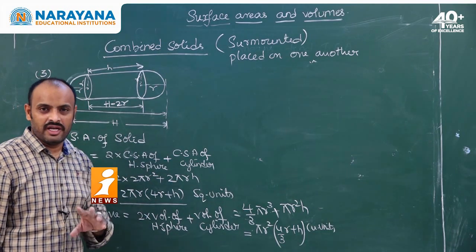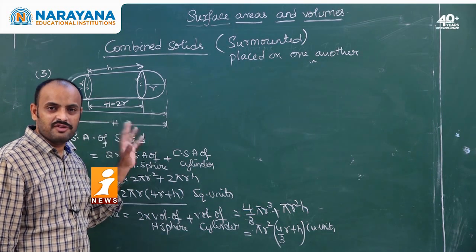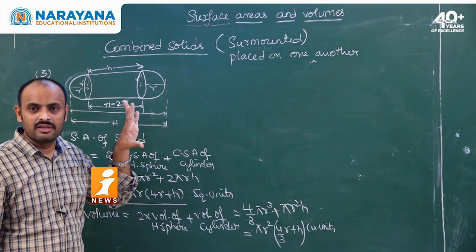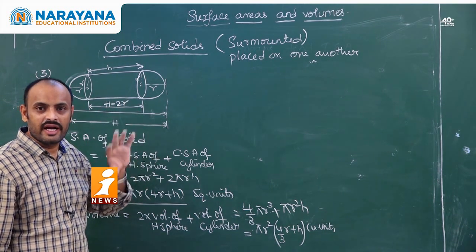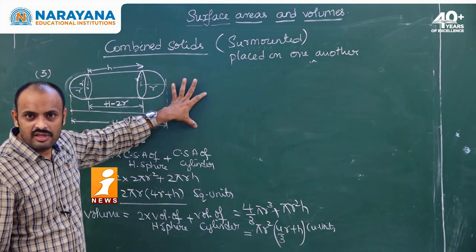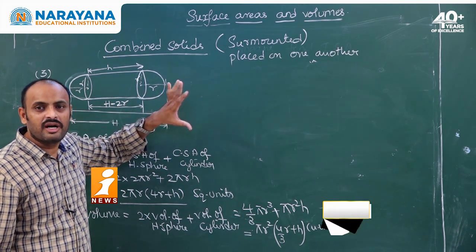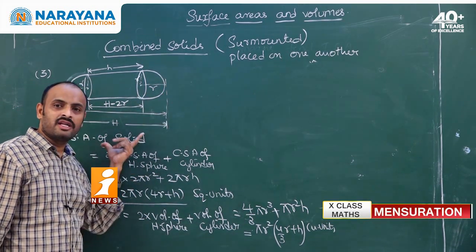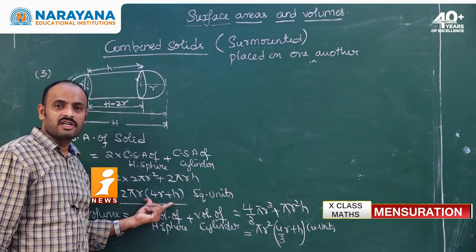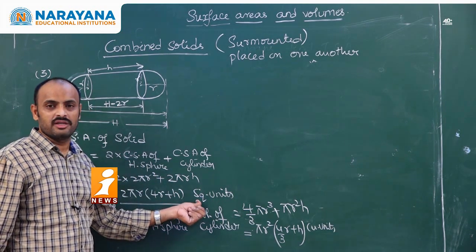Please keep one thing in mind while solving all the mensuration, or surface areas and volumes, questions. First thing is writing the given data. What is given? Radius, height, all these are given. Next thing is draw the picture. If you can, draw the picture, because that will support your answer. Next thing is writing the suitable formulas. Next thing is substituting the given values. After substitution, writing the units is mandatory.